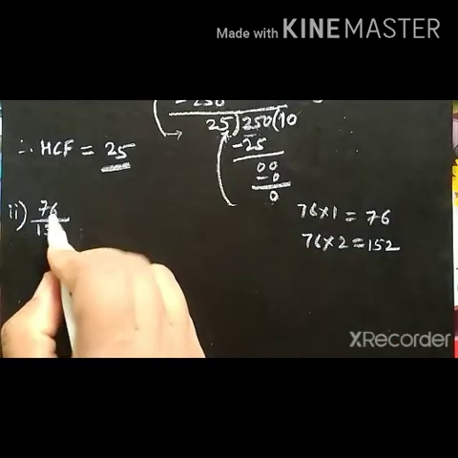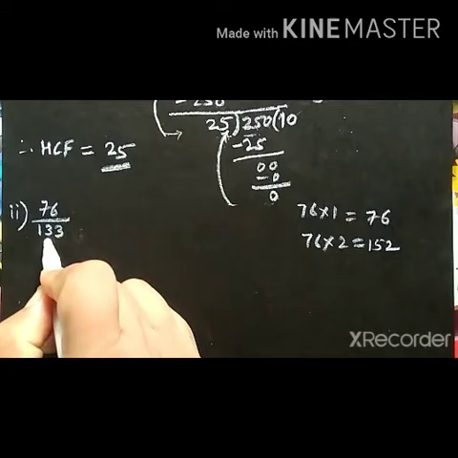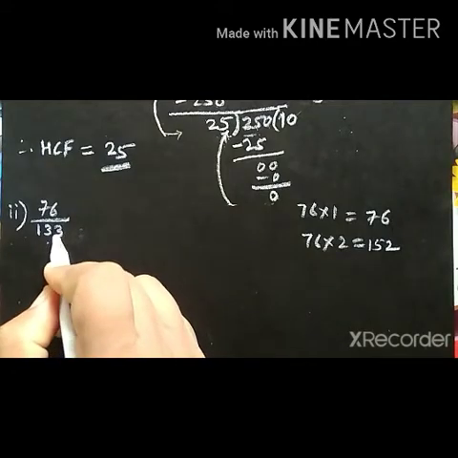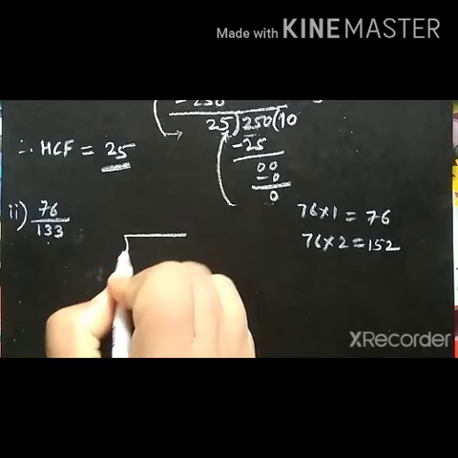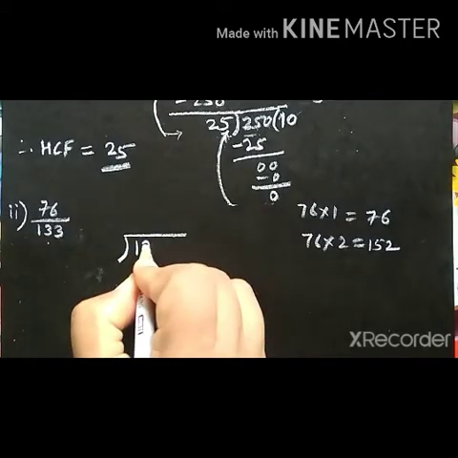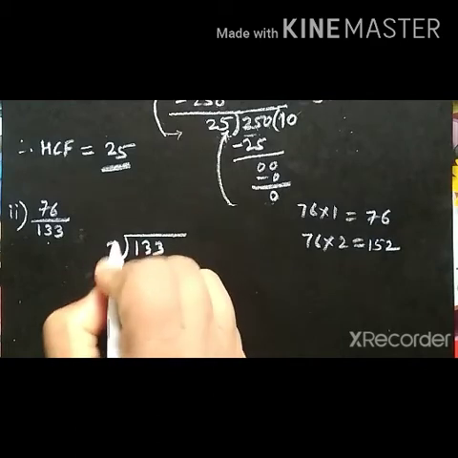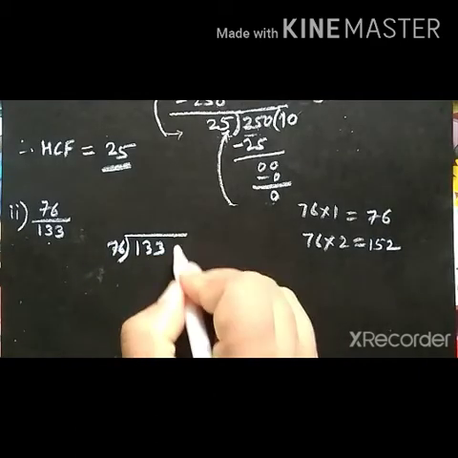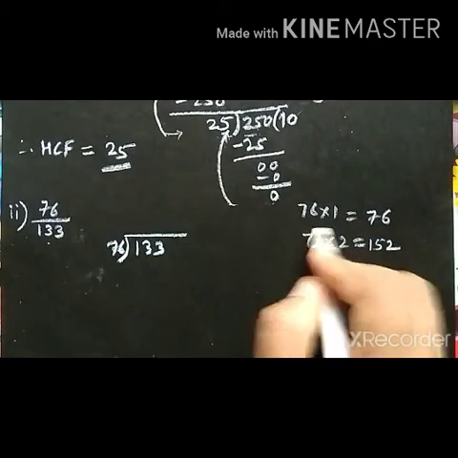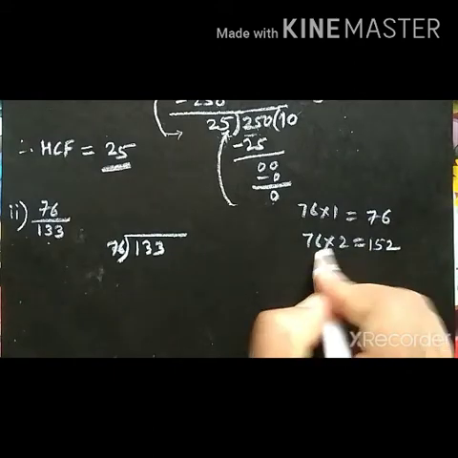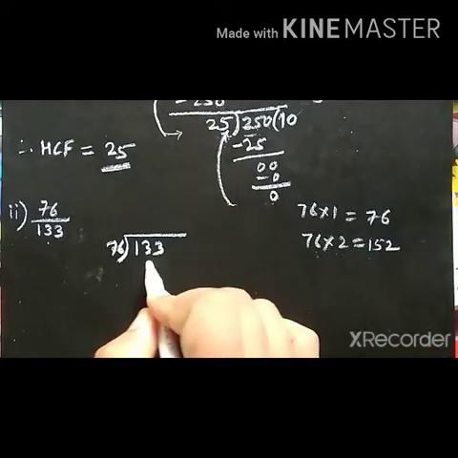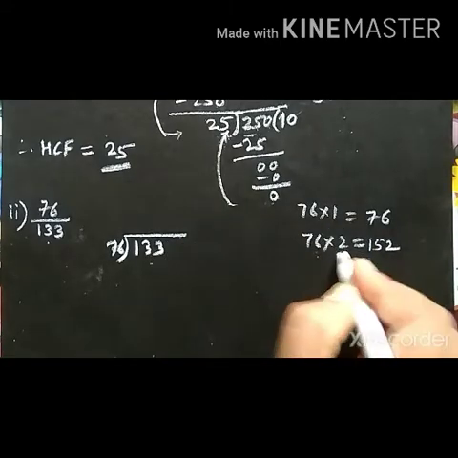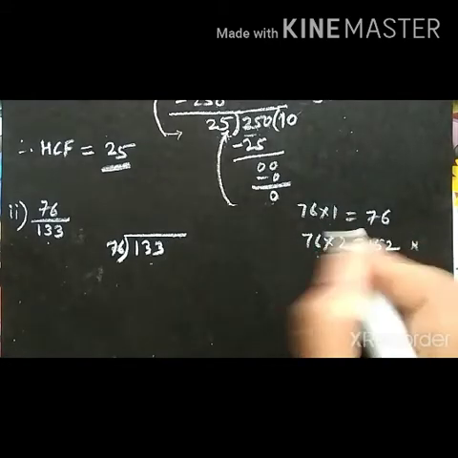In the second example, 76 upon 133. In both the numbers, 133 is bigger than 76. So 133 divided by 76. Now see, 76 ones are 76. 76 twos are 152, which is bigger than 133. So we can't take this. So 76 ones are